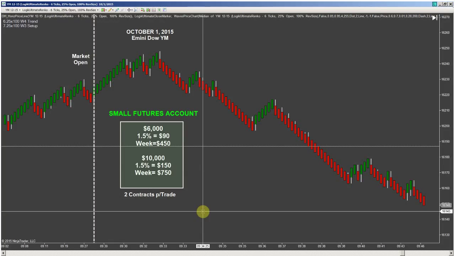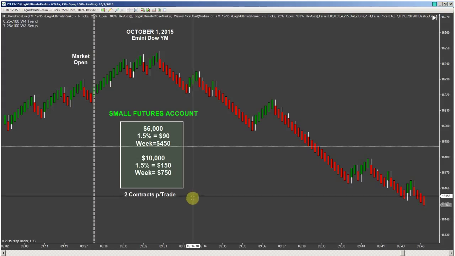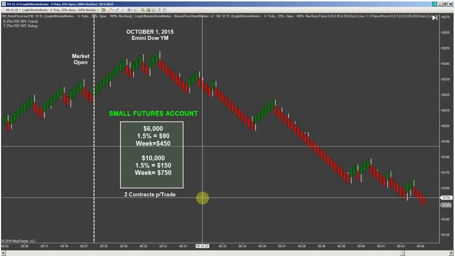Okay, this is October 1st, and we're taking a look at the Algo Prime Magnus. Again, it is in development, and as soon as we have something out of the gate, we'll begin posting actual sim trades. So what I want to show you in this video is for those who are trading small futures